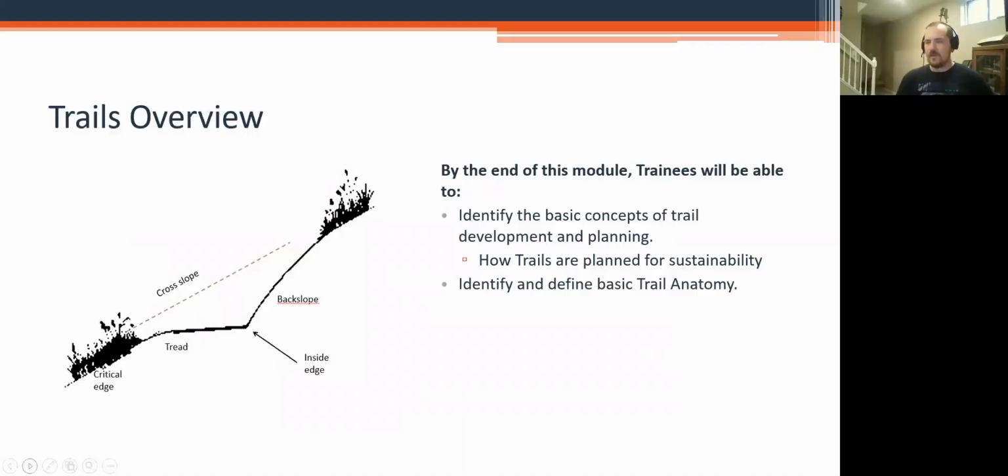Anything else on that particular segment before we are getting close to the end here with the actual trail stuff? Cool. Well, again, this is very similar to the crew leader for trails curriculum, with the very important exception of there is no trail construction taught. Now that may be different. It just depends on what you want to do.